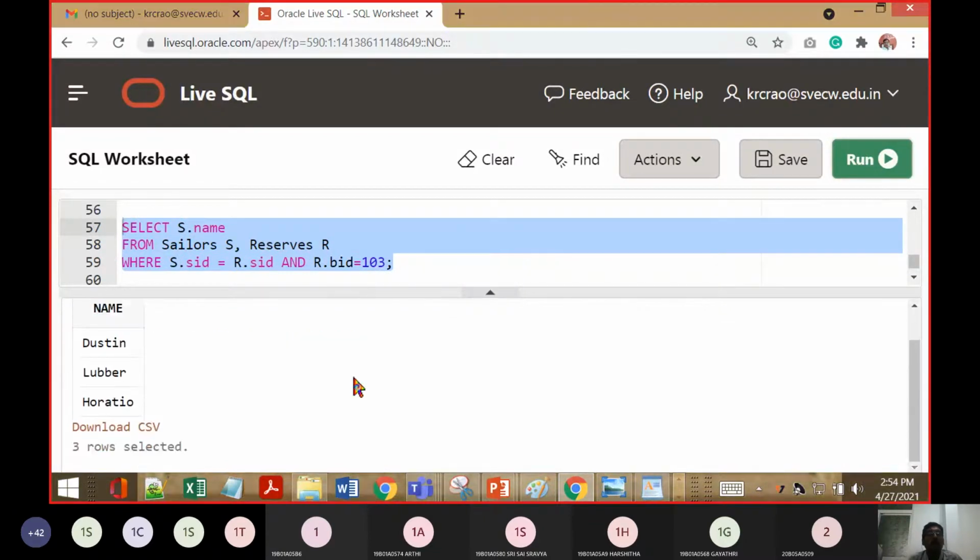Now you can see that there are 3 records, that is Dustin, Lubber, and Horatio.